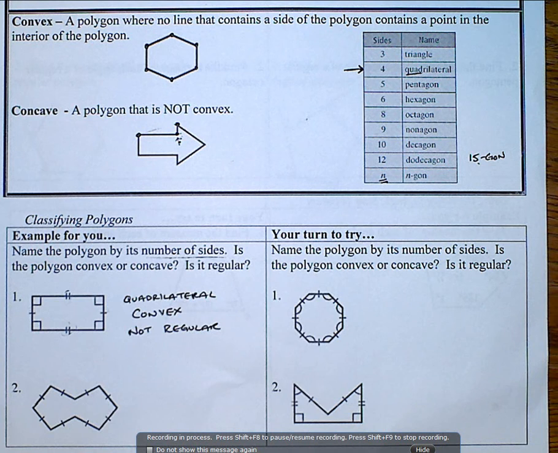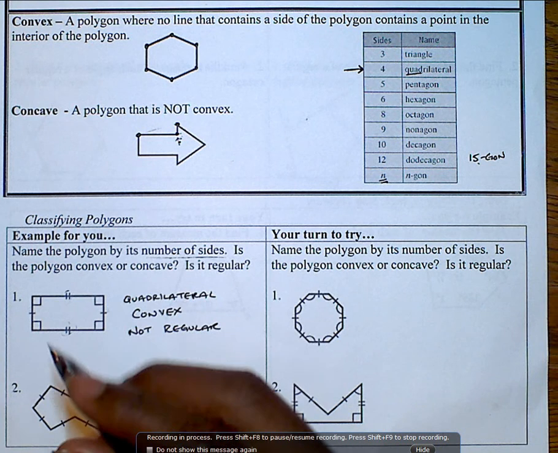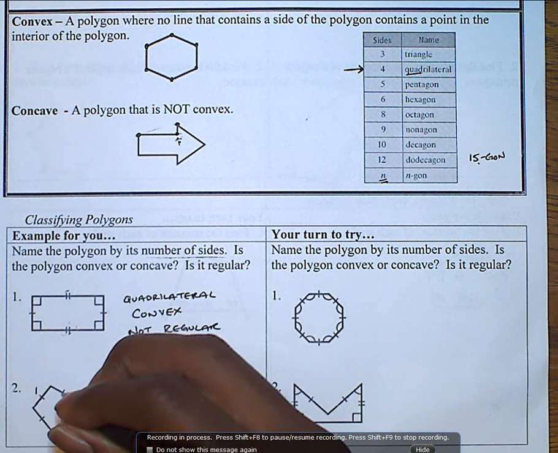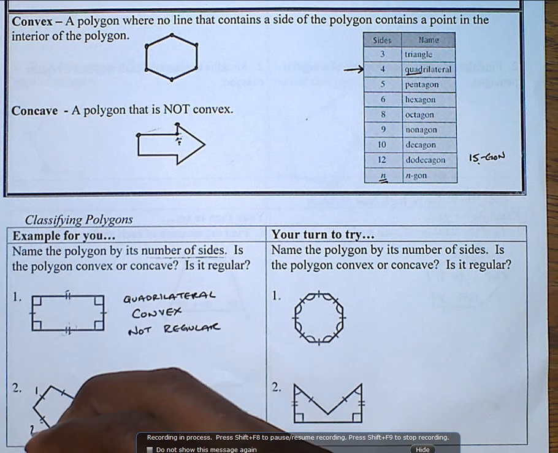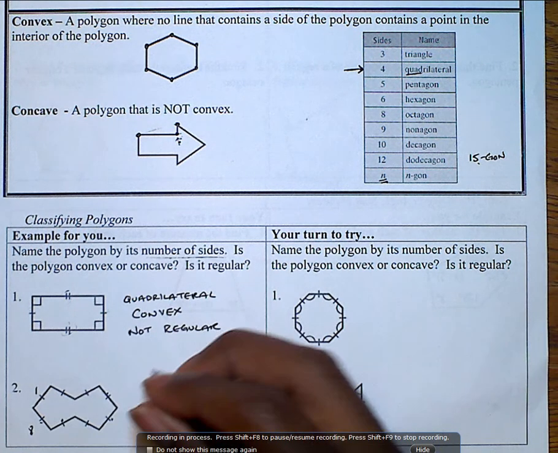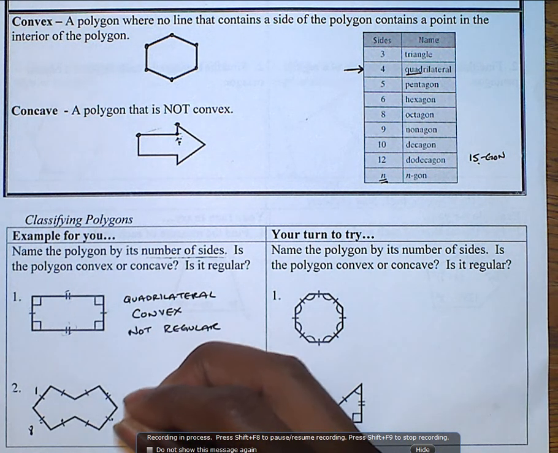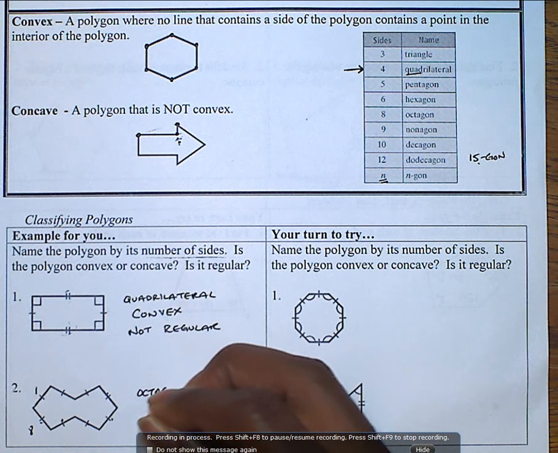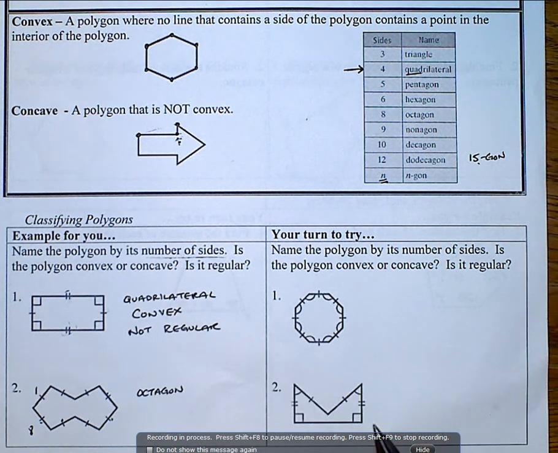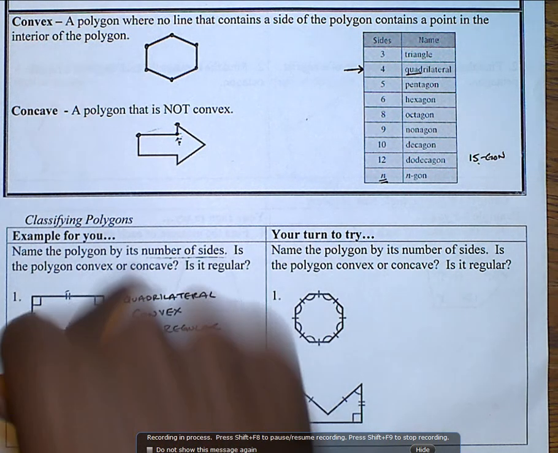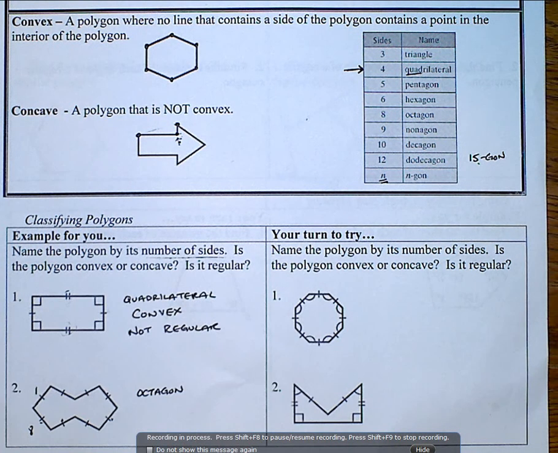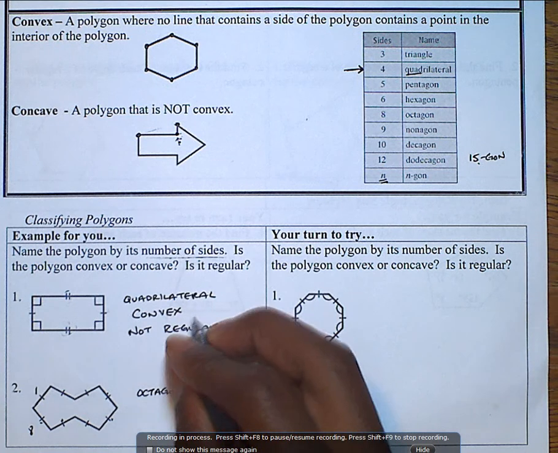Alright, number 2. Based off the number of sides, we got 1, 2, 3, 4, 5, 6, 7, 8 sides. So this would be an octagon. Octagon, 8-sided. Is the polygon convex or concave? Well, I can see that these sides are caved in, like I pressed them in. It's caved in, so it's not convex. It is a concave